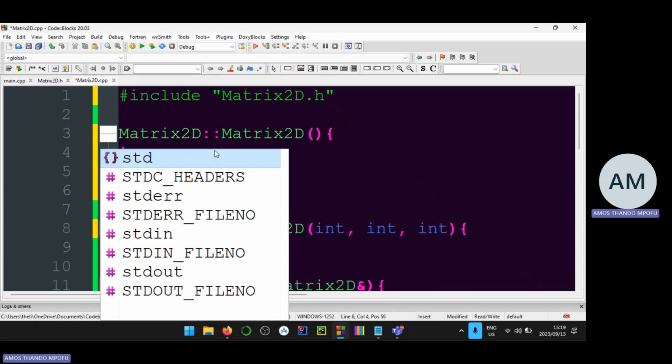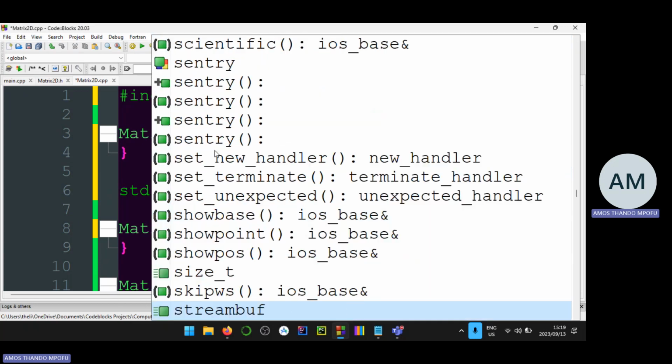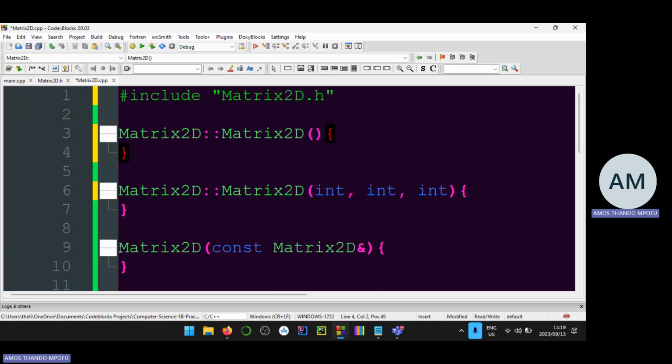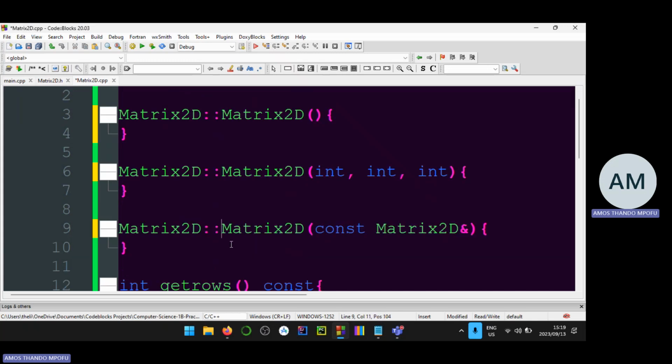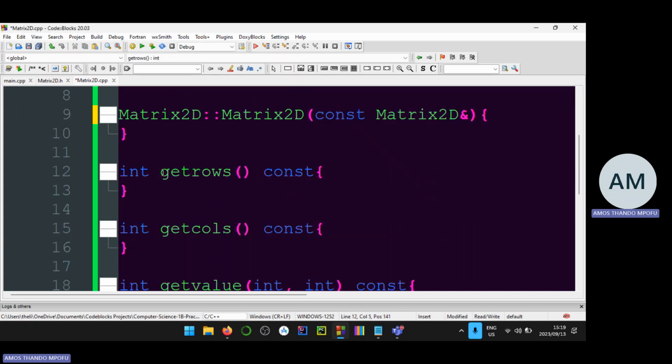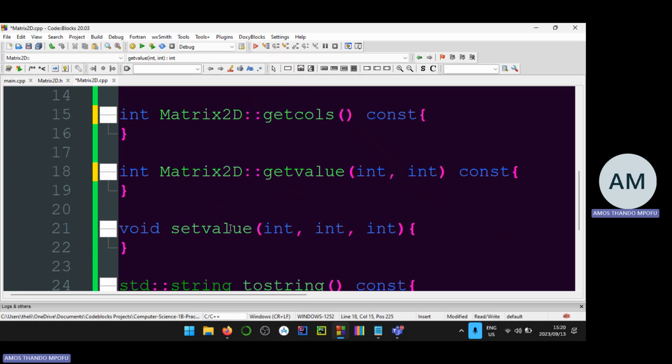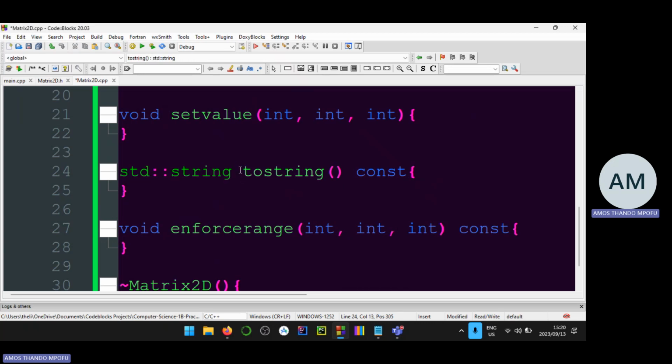It's sort of like saying std and then string. It's sort of like doing this. I specify where the string is coming from. So it's the same concept that I need to apply here. I need to specify where all these things are coming from. So I need to bind them with my class. I need to attach them with my class. The implementation needs to be attached to the